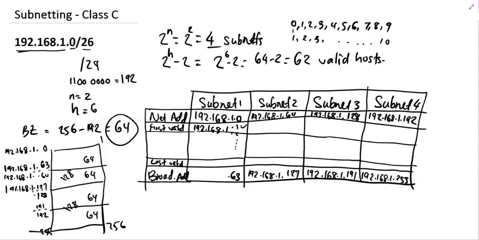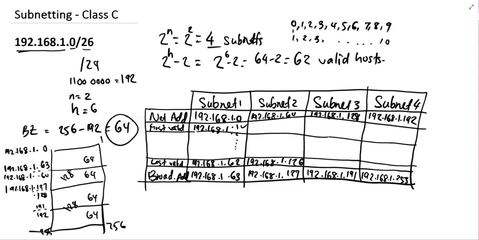And the last one for here, which you can use, is the one before 63, which is going to be 192.168.1.62. You can give it to a router, to a server, to a PC, but this one you cannot. This is the broadcast address, 192.168.1.63. If I ask you, what is the last valid host for network 2? This is network 2. It starts from 64 and it ends at 127. The last valid is